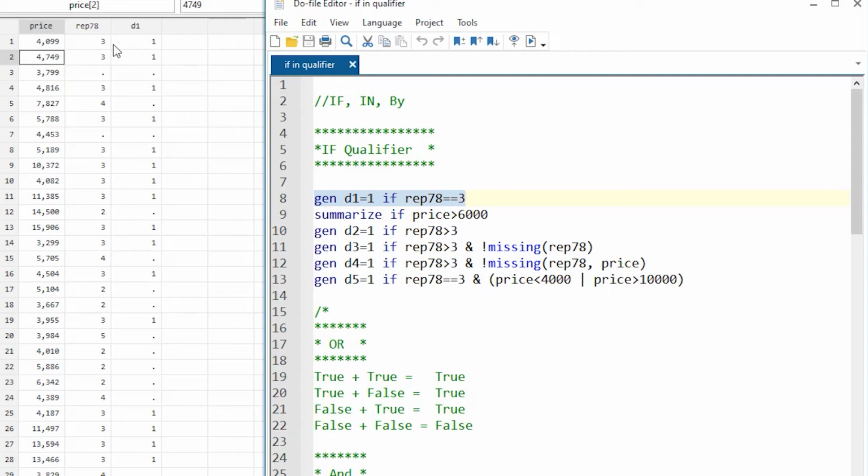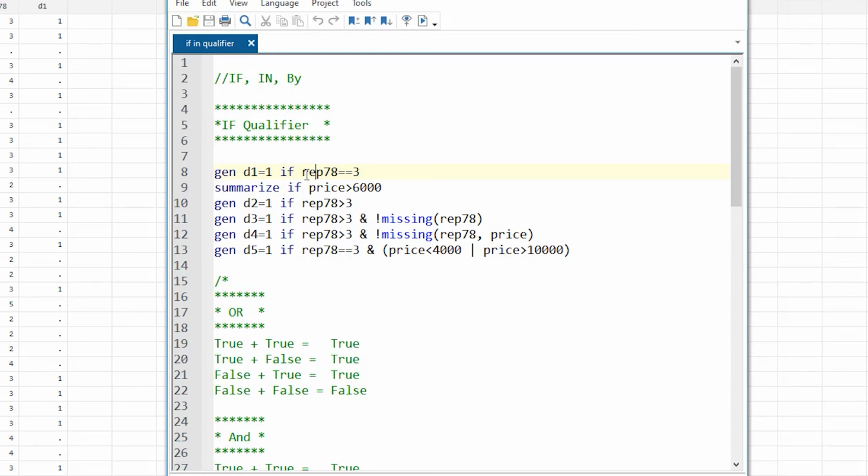So as the condition is met, what if does is that after the if statement we have a certain condition, and if that condition is met, then that specific command would be executed. In this case, this repair 78 variable is not equal to 3. It is different than 3. So whatever command we wanted it to execute was not executed and it didn't get the value of 1. So let's come back here, and once we use the if